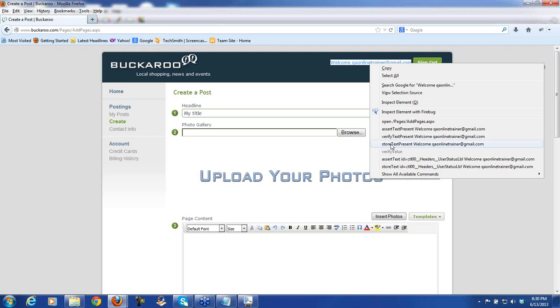But let's say if the topic comes up, what is the difference between a verify and an assert? Verify means that you are verifying that the text here is welcome QA online trainer. And let's say if it is not, because next time when you create a new account with a new different email address, it's not going to be QA online trainer. It is going to be welcome Mary, or welcome Lynn, or welcome Jeff, or welcome Bill, so whatever your email address is. So if I write the script and I'm looking for this particular thing,